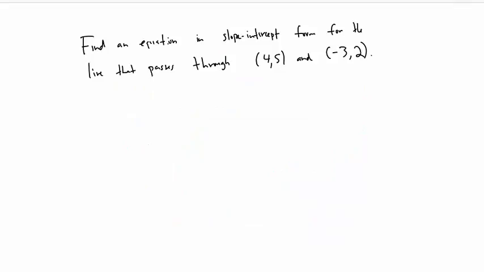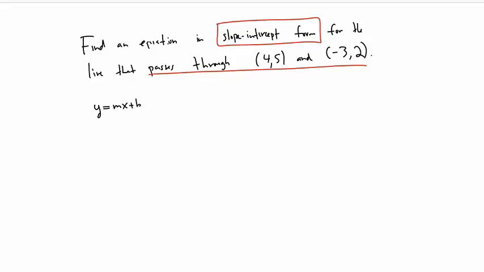Okay, so let's find an equation now given 2 points. So our line passes through these 2 points. And again, we want the slope-intercept form. So we can proceed as follows. To come up with mx plus b, directly we can find m and b. How do we find m? We're not given m directly. Well, m is always